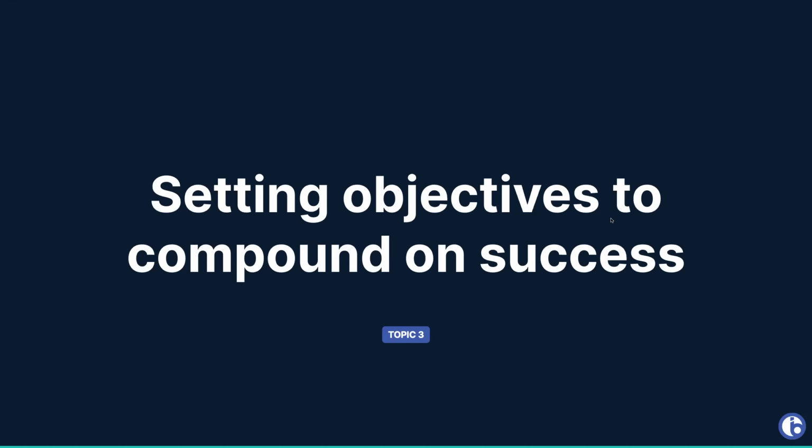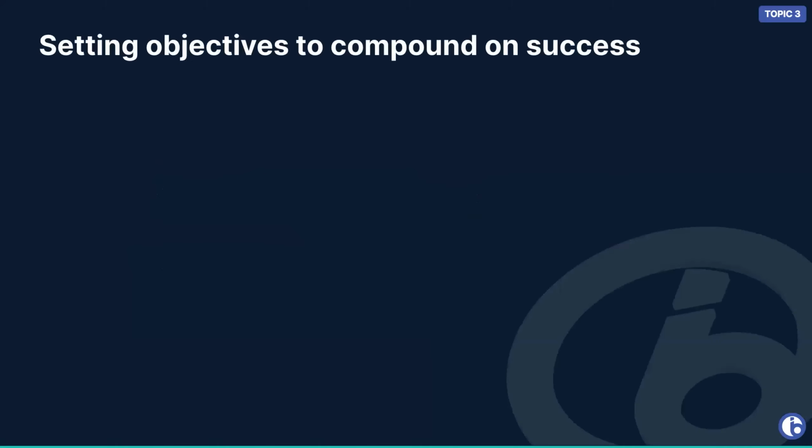So third and final point we have for today, setting objectives to compound on success. Now, as we discussed, success is defined differently by everybody who runs a digital agency and everybody who runs a business, and even in life, we all have certain goals. So you might say to yourself, well, if I hit this, then I'll be happy. If I buy this house, then I'll feel like I'm a success. If I buy this car, then I'll feel like I'm a success. If I achieve this social status, then I will feel like a success. Now, of course, this is defined differently by everyone, and you will define this in your own way. What I want to show you is not only just getting to that point of success, I want to show you how to continually compound on that success. So that's what we're going to cover.